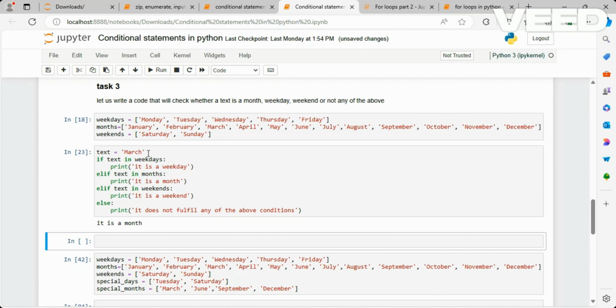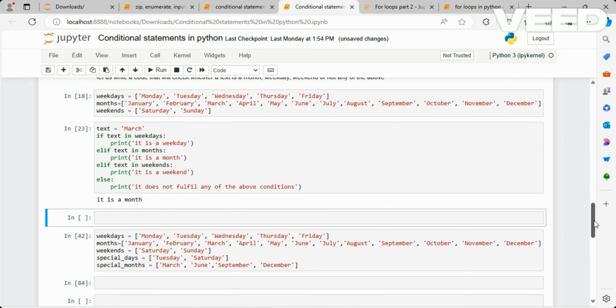And then let's run it. So it is a month. Now, let's go to another level. And that level is that